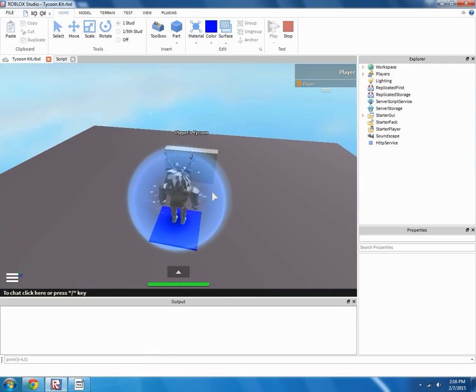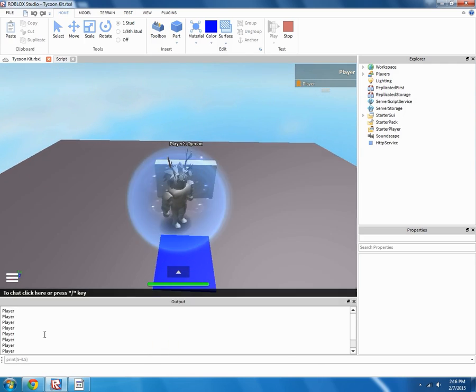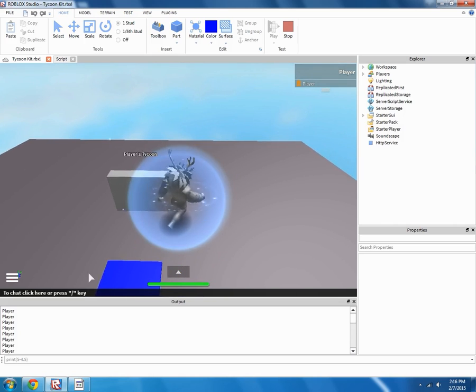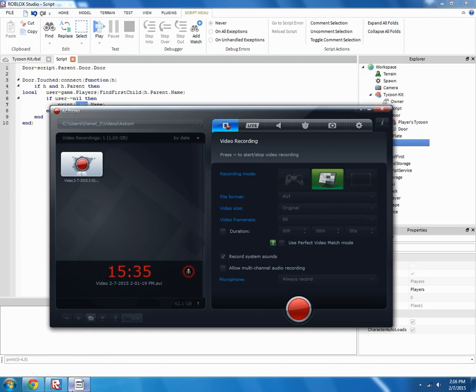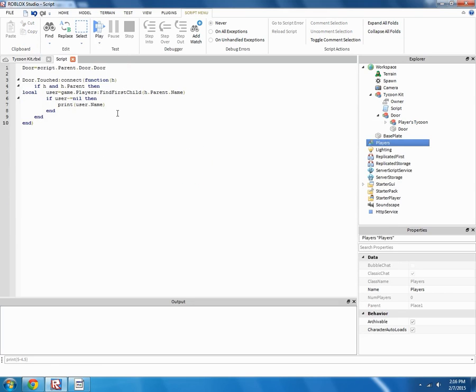So let's test it now. See, it said player a bajillion times. Not literally, but the reason it said it a bunch, well, that's saying that did work, but the reason it's printing a bunch is because there's no debounce. And the problem with that is, yeah, if you don't have a debounce, it can do stuff like instantaneously. Obviously, as you could tell with the whole print system thing. Alright, actually I'm going to do it a little bit longer, like probably about 20, so can we just finish the script. Alright, with that, and then we can do,